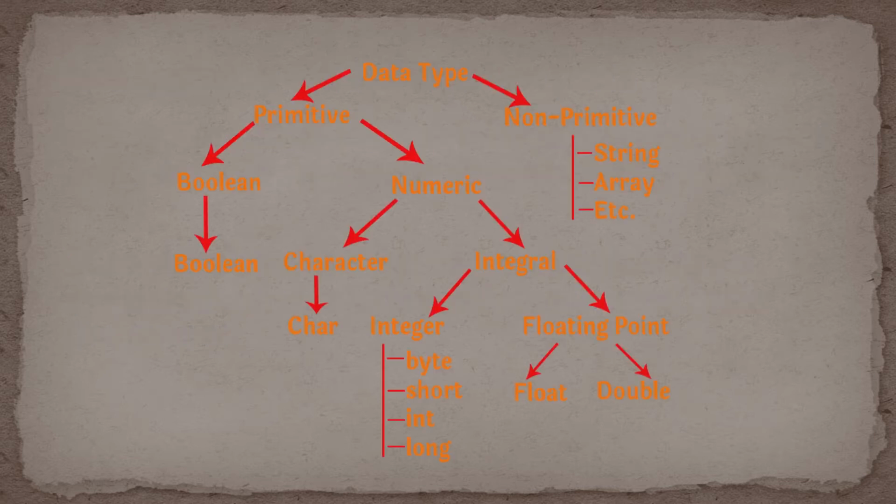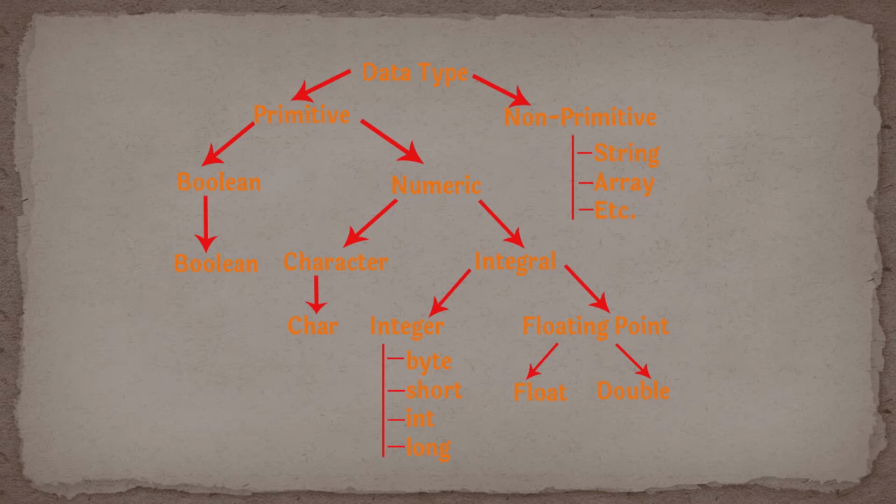So guys, look at this. We have two types of data types as I have discussed with you. It is primitive and non-primitive. Under primitive, we have Boolean, numeric, which are further divided into many parts, which we're just gonna discuss. But if I talk about non-primitive data types, in that we have string, array, interfaces, and so on. So guys, let's get started and understand primitive data type first.